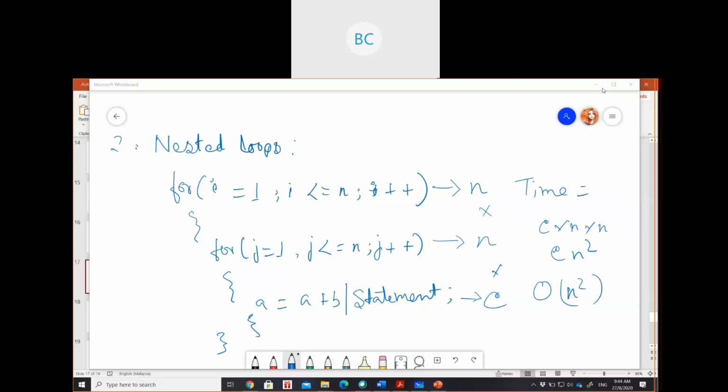Yes, ma'am. Okay, any other confusion? For the normal one, we already know now that a for loop will run for n times. We have two loops, so there will be n times for each of the for loops. Then any statement inside the for loops is going to take constant time. So you are just going to multiply these values. Total time will be C n into n, n square. We ignore the constant and your time complexity will be O(n square).